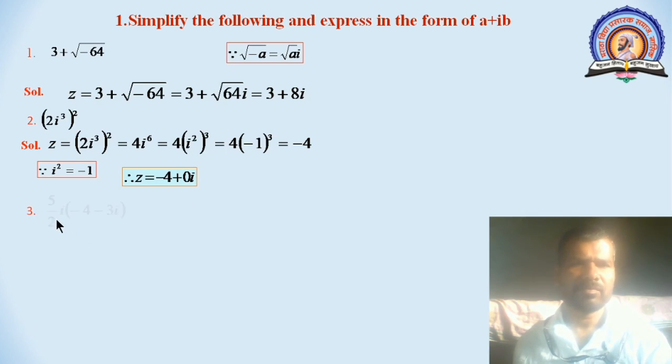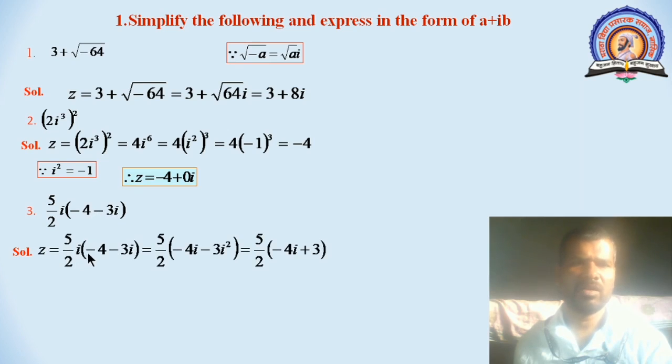Next example is 5 by 2 i into (minus 4 minus 3i). So z is equal to 5 by 2 i into (minus 4 minus 3i). Multiply i inside the bracket, we will get 5 by 2 into (minus 4i minus 3i squared). As i squared is equal to minus 1, put that value, we will get minus 4i plus 3, that is equal to 3 minus 4i. So multiplying by 5 by 2, z is equal to 15 by 2 minus 10i. So here a is 15 by 2 and b is minus 10. Next example is